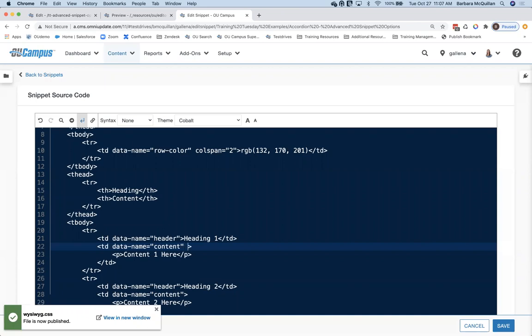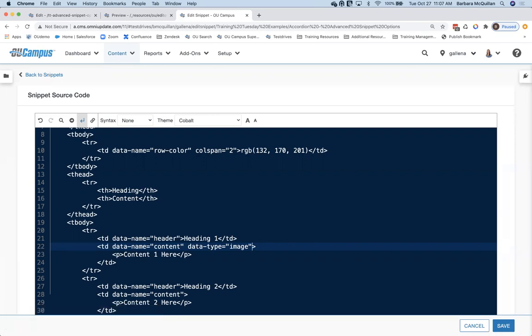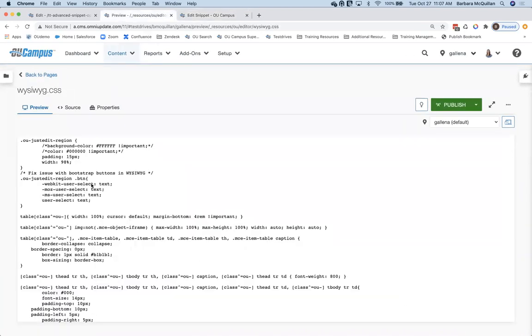You could create a data-type attribute, and then you could create a CSS rule for all of the table cells in all of your table transformation snippets that has a data-type of image. So it's kind of like creating a set of default helper text values. You could have those defaults used across all of your different snippets, and then you'd only need to build out the individual rules.